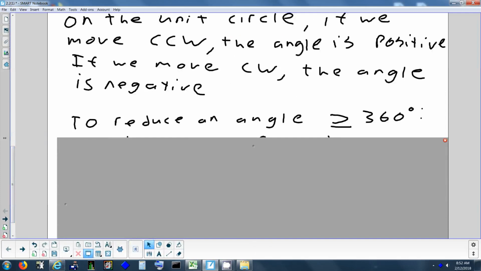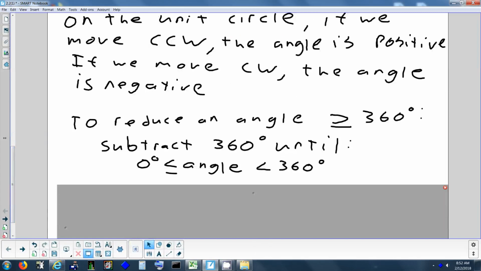Okay. So the next part I kind of already showed you in the diagram. If you get an angle that's too big, you've gone around too many times, what did I just say you could subtract from it to make it smaller? Yep. Alan? You said one revolution, which is 360 degrees. Yep. So if you get an angle that's greater than 360, or even equal to 360, just subtract 360